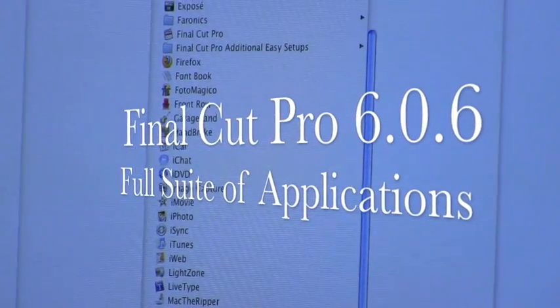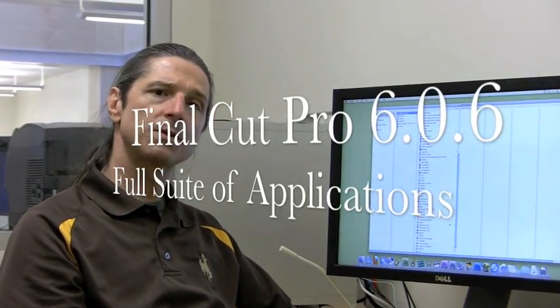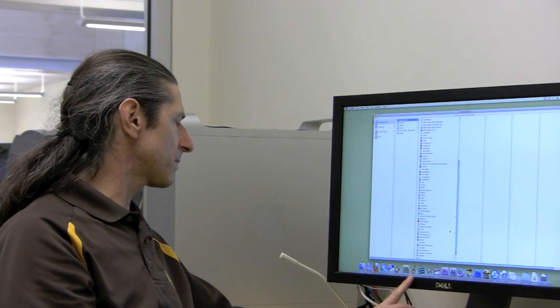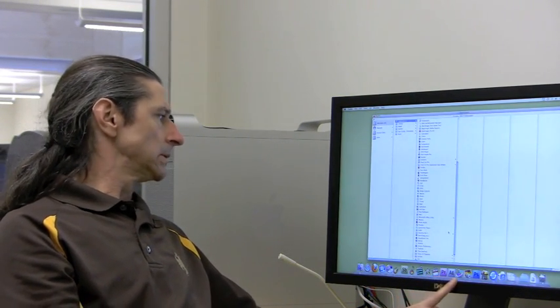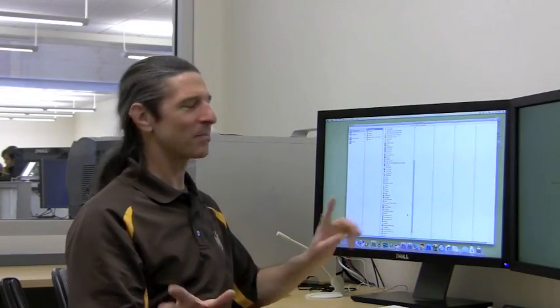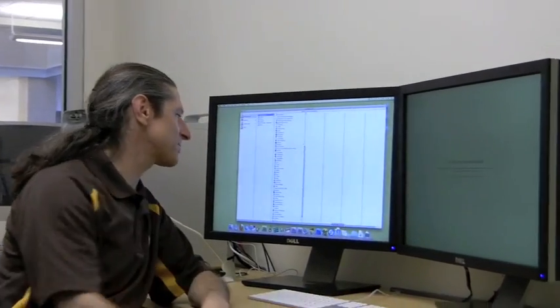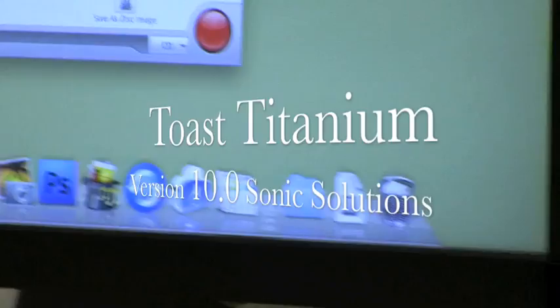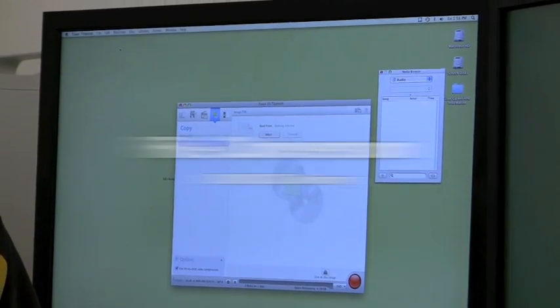Final Cut Studio suite of applications, which are Final Cut Pro, DVD Studio Pro, Soundtrack Pro sound editing, Motion, and Color. Color and Motion are part of the suite. And then we also have this awesome program called Toast, which by default is for burning DVDs and CDs, that is what it wants to do all the time, but it has a really great file